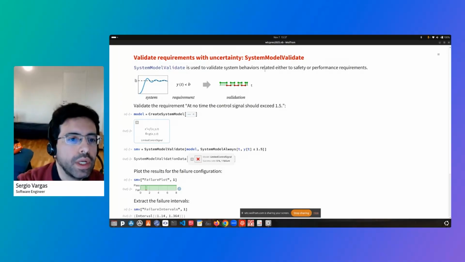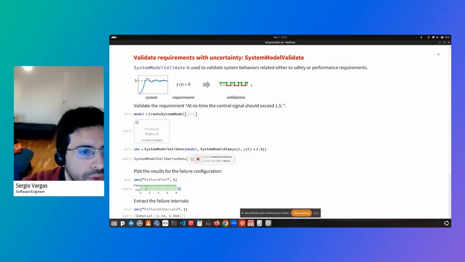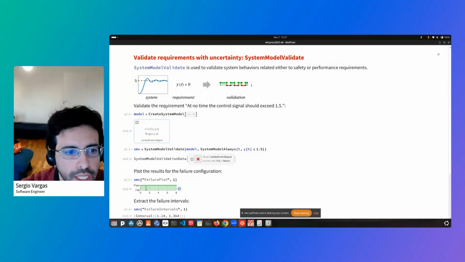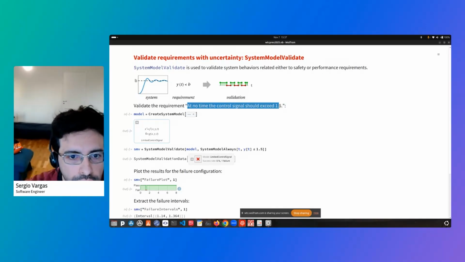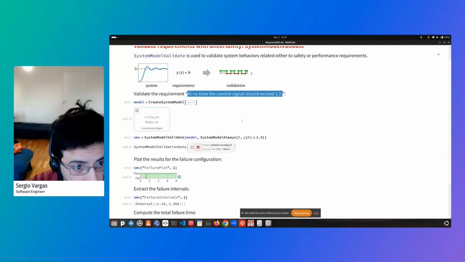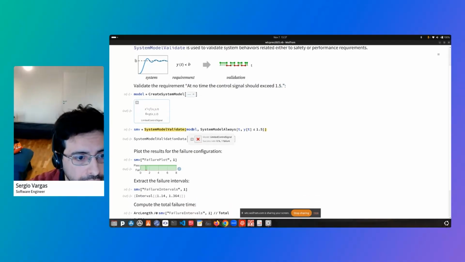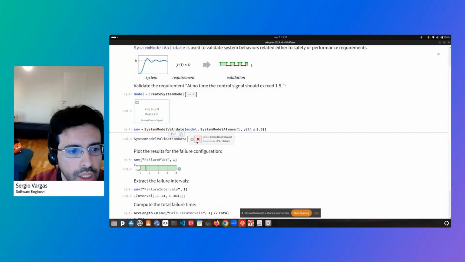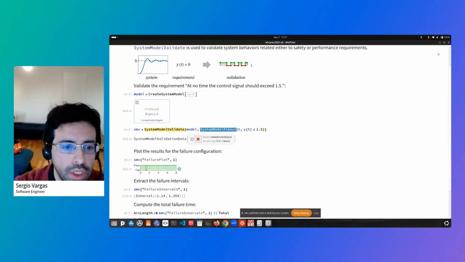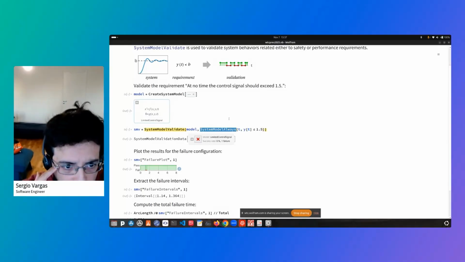So for instance, in this particular case, when we go to this previous example of the model, we have, again, the requirement: at no time the control signal should exceed 1.5. Then we just pass, again, the model and the requirement to SystemModelValidate. And we verify if this statement is true or not. So in order to do this, we are using here some new